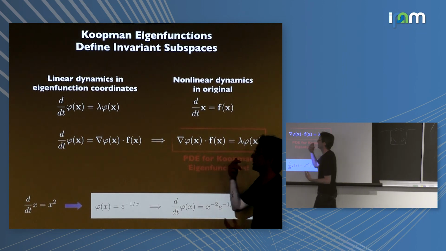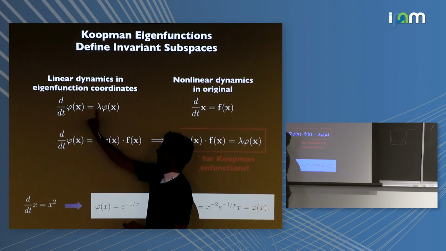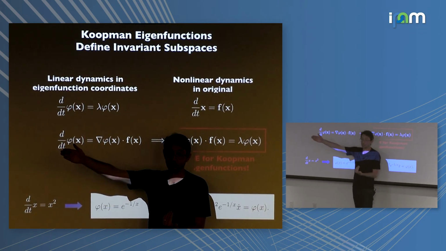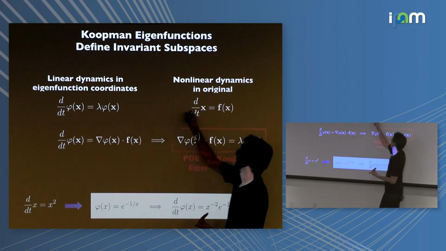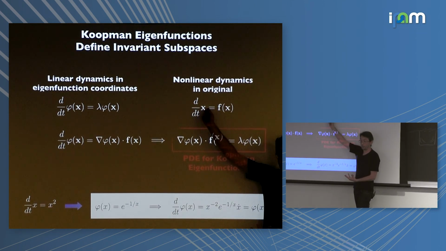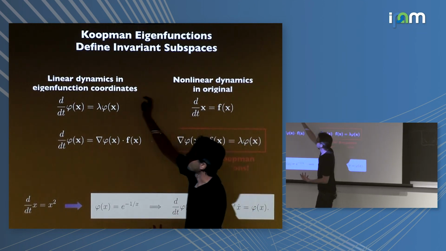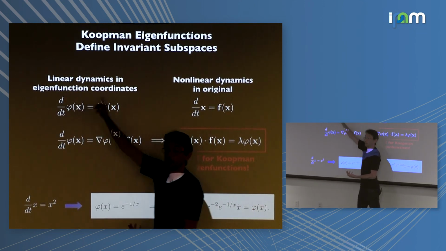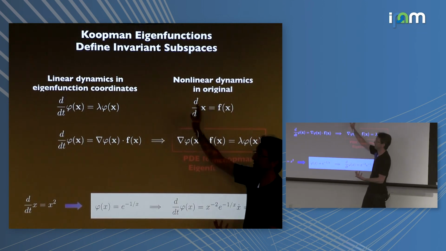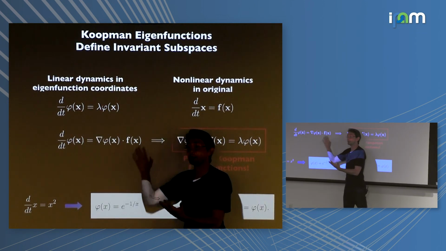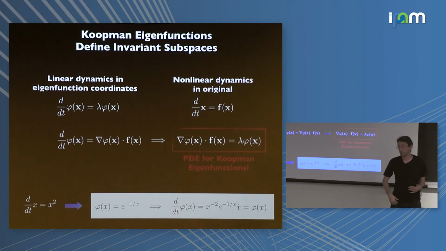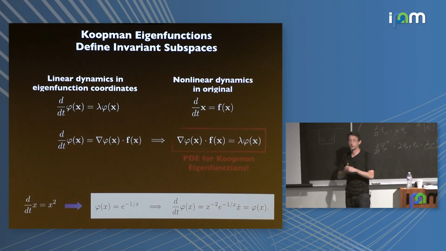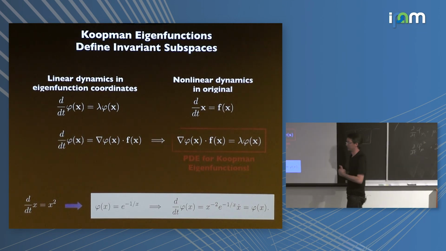You can also imagine if I have these equations, I can do future state prediction much farther into the future because it's just e to the lambda t. Whereas future state prediction here means some complicated integrator. I can also do simpler uncertainty quantification in the linear regime than I would be able to do in the nonlinear regime. So this warped coordinate system can also simplify how uncertainty would spread through your system. People use it for nonlinear estimation. So those are just some of the examples that people have used this for.